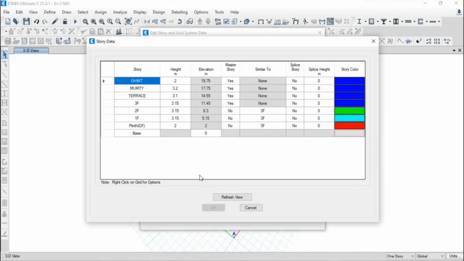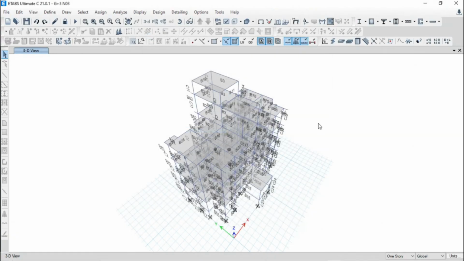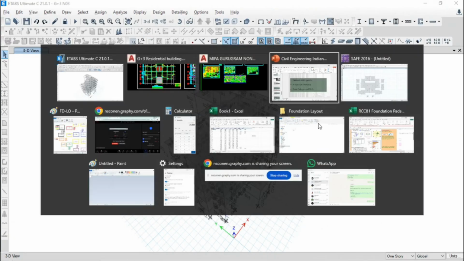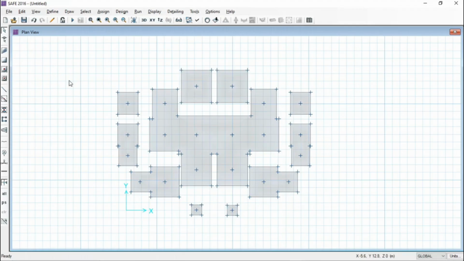So you can see the height of the first floor is almost 3.15. So we will take the height of the column as 3.15 for the foundation. And here we will take, I think,